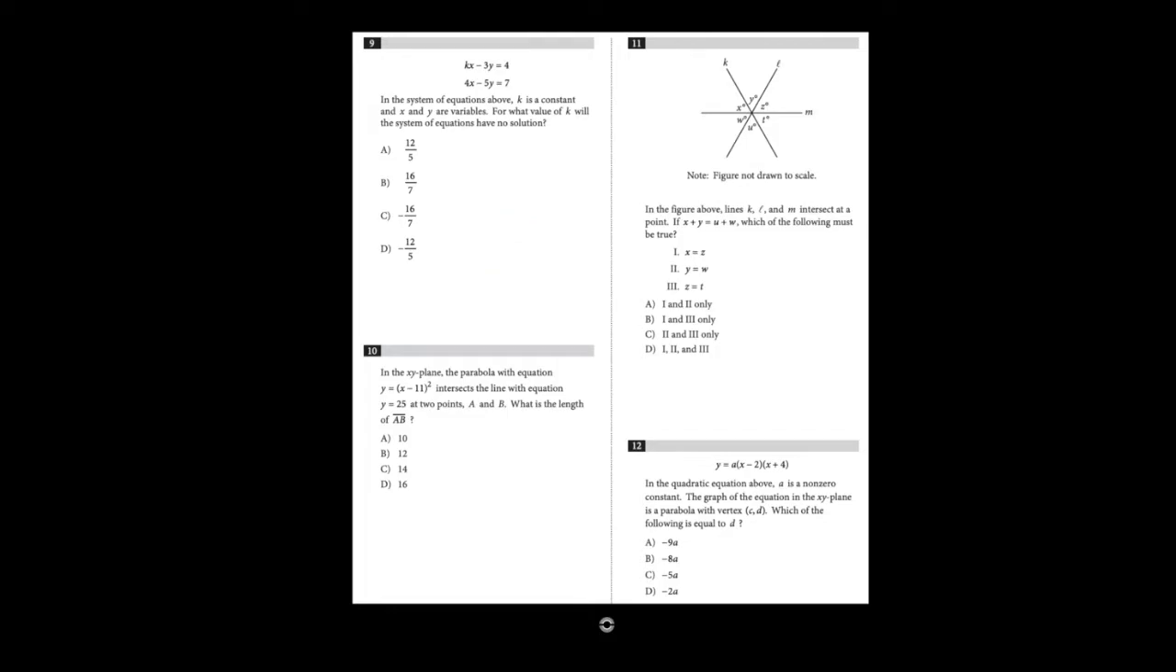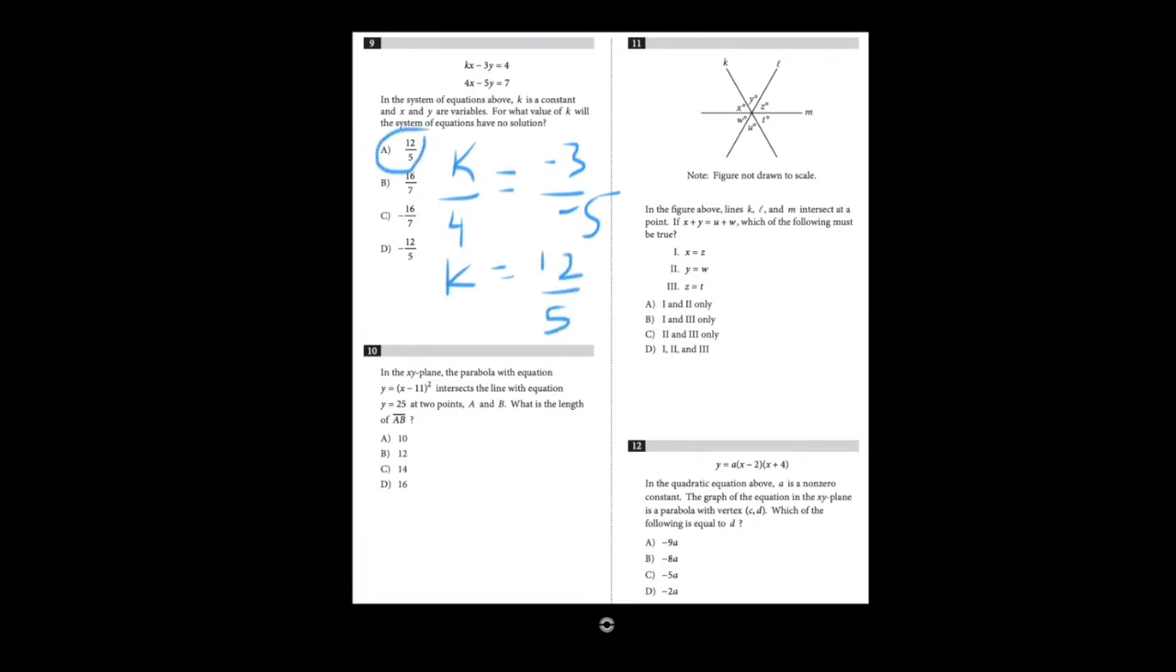Number 9, kx minus 3y equals 4, and we're given that 4x minus 5y equals 7, and basically they just want to find what value of k will give the system of equations no solution. So the SAT loves to ask problems like these. Essentially, you just got to make the ratios the same. The ratio of the coefficients of x has to be the same as the ratio of coefficients of y. Basically, all we need to do is make this over this equal to 3 over 5. So k over 4 is equal to negative 3 over negative 5. Multiply the 4 over, we get negative 12 over negative 5, or 12 over 5, and we see our answer